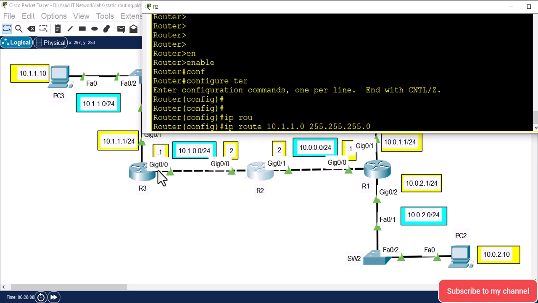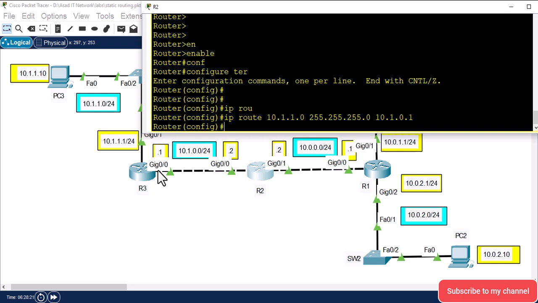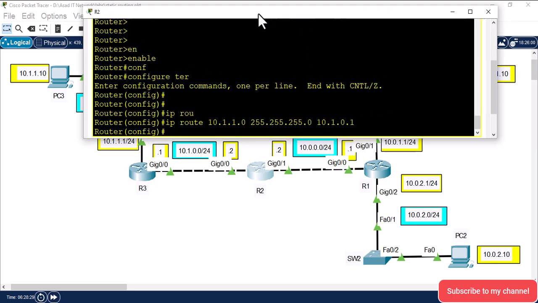Okay, so we are going to add the IP address of this interface as the next hop IP address, 0.1. Okay, so we have added this route into the routing table of this router via static routing,